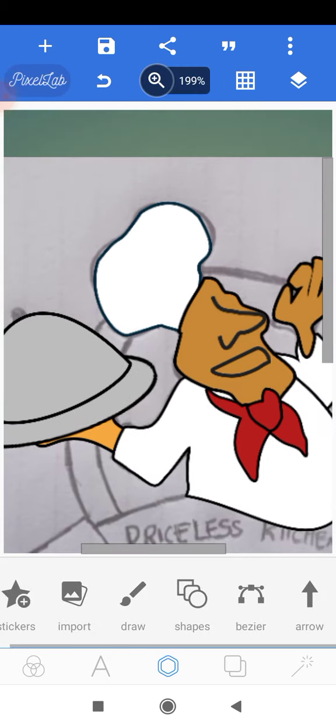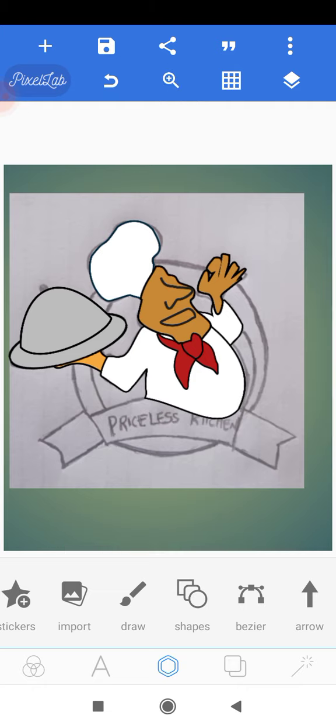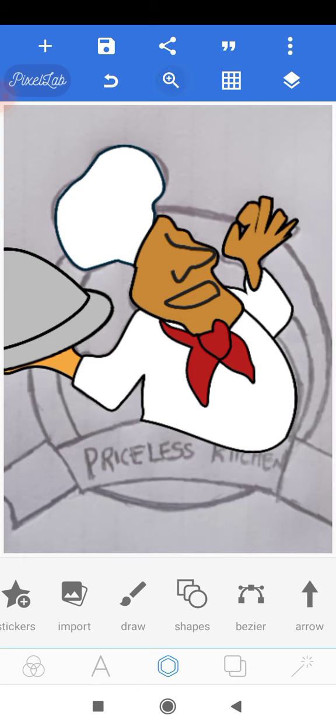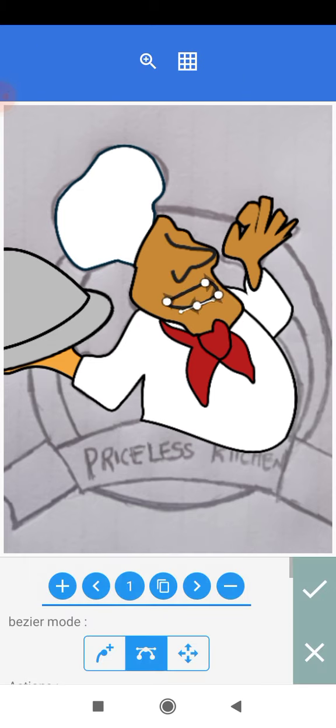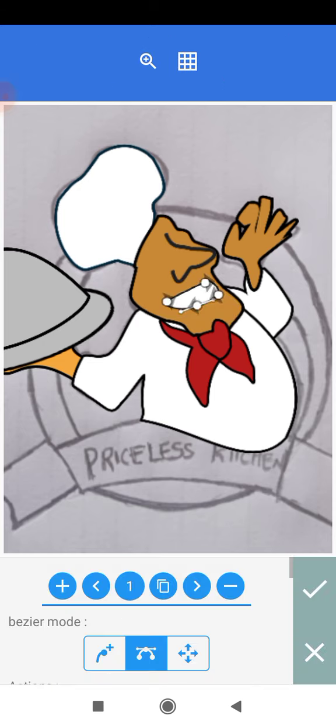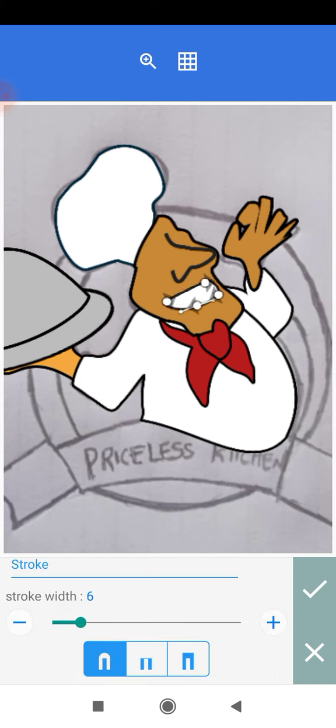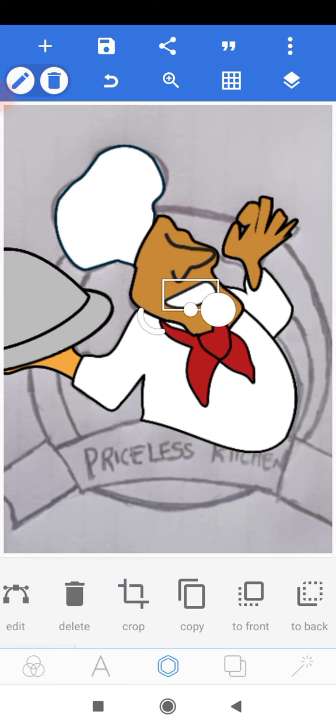So I'll just zoom out like this. The next thing we want to do is to select the mouth, and then let me zoom in a bit. We'll select the mouth, and then we'll change the color there to white, and we'll increase the size of the stroke a bit. And then we'll add the dividing line